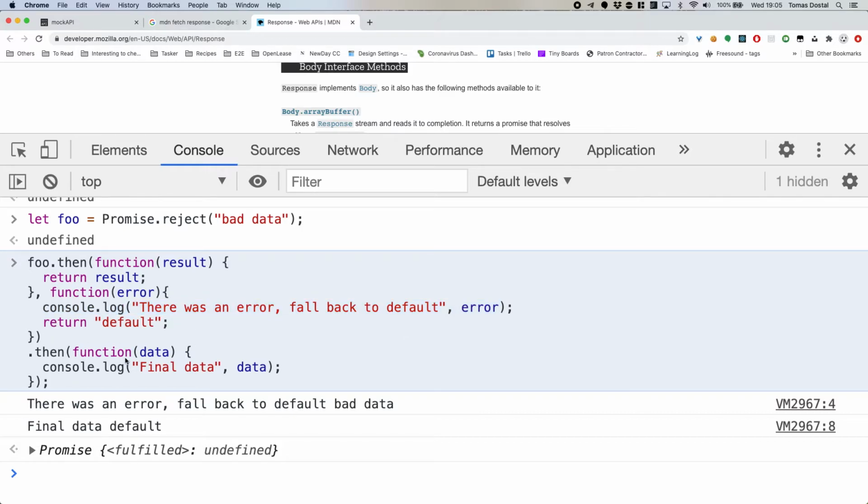So in your application flow, you might not want to go the way of errors, right? You might want an application where you care about either the successful value or the default value. You don't want to show any error values. So this is exactly what this would be used for. Does that make sense?